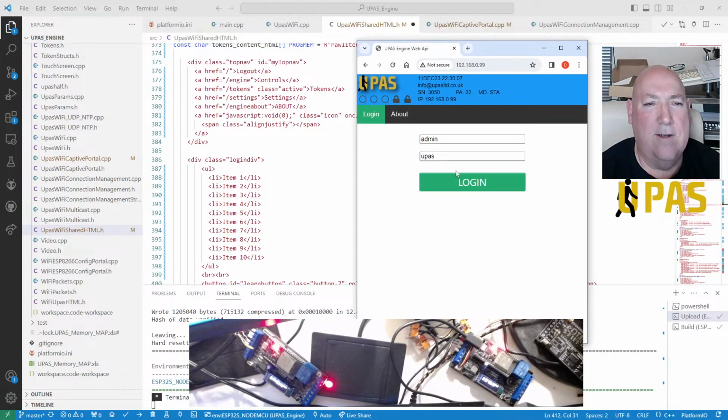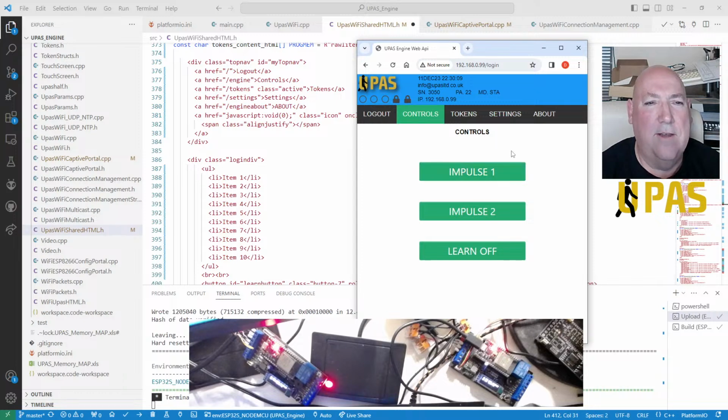Here it is. You can log in. You can control buttons. As you can see, if you see that one down there, it's a red LED, and there's a relay down on here. And if I click that, you'll see the output to the relay light up, and also switches on the reader.